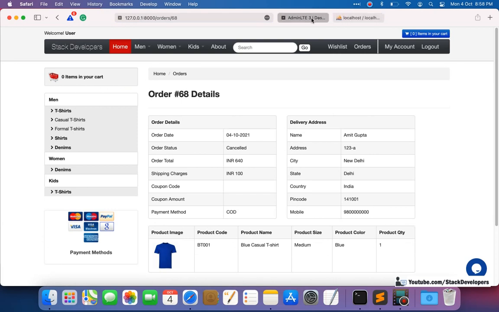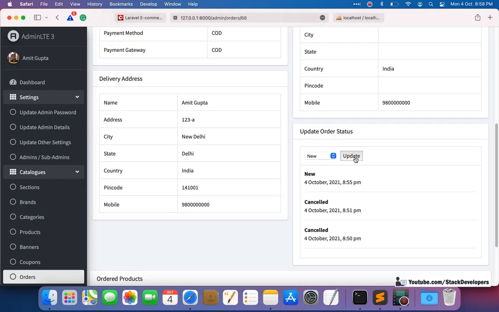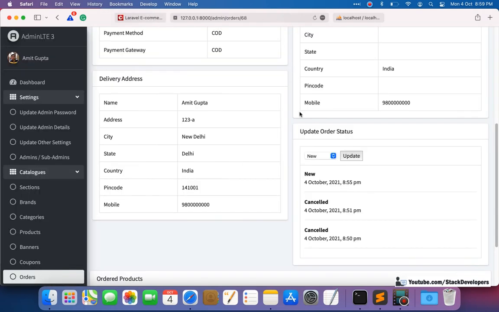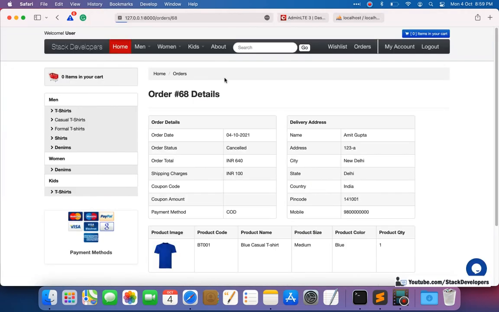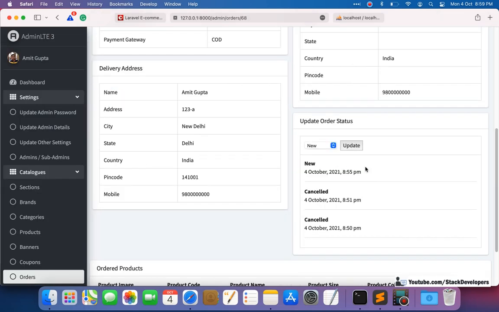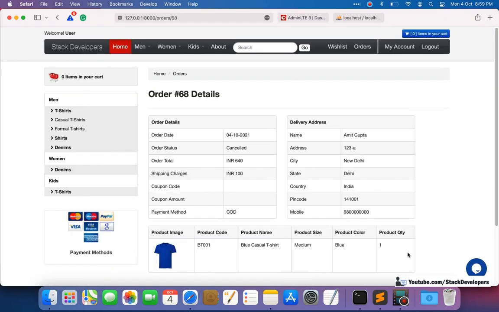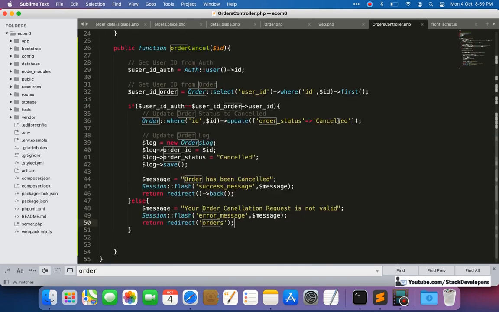So we first require to update the order status. Okay, so let's update the status of the order to new. Once again we are going to update the status of the 68th. This order is the 68th as well, so that is fine. So we will update it to, it's already new. We can check the status is new. So here that link must appear. So I think something is wrong here. We can check once what is wrong here.